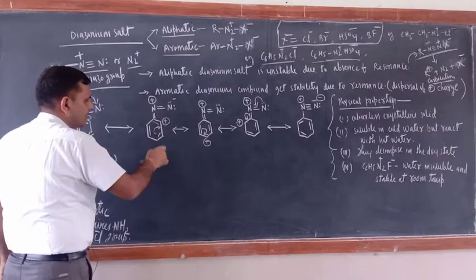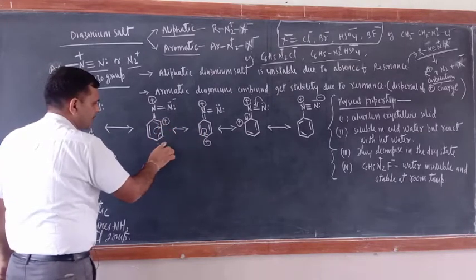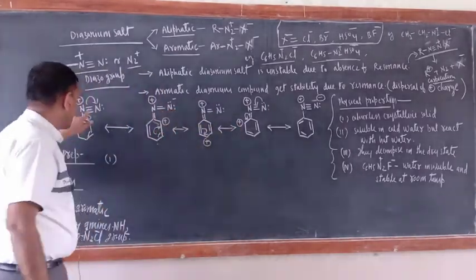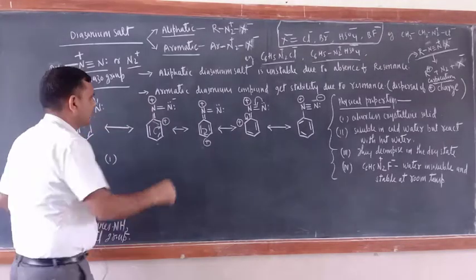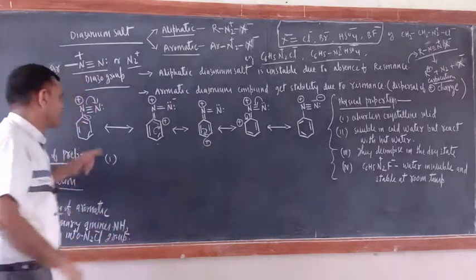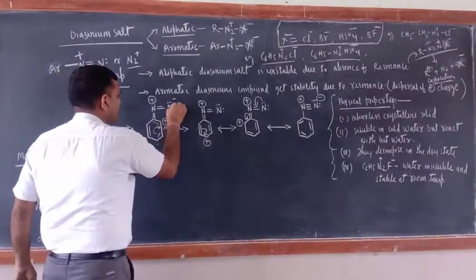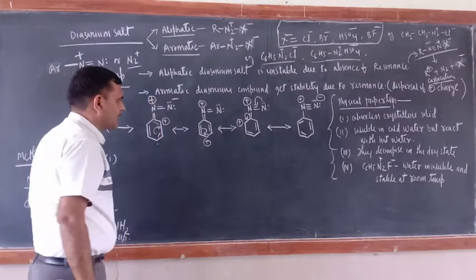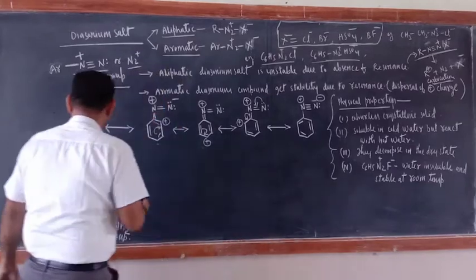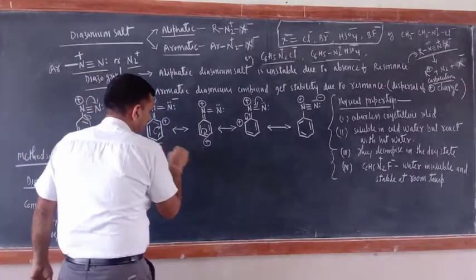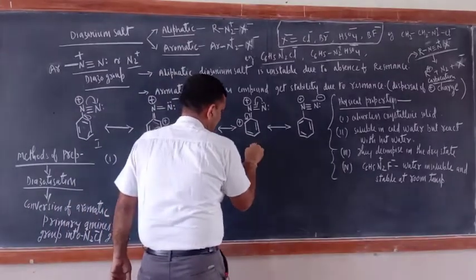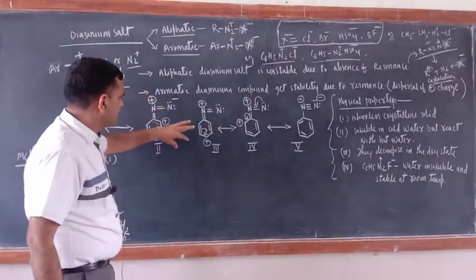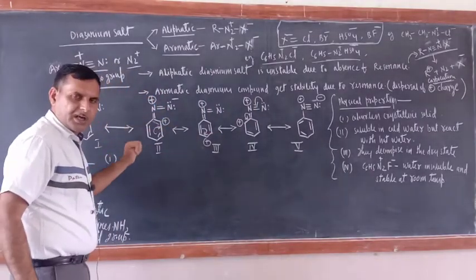First the positive charge is here, then another positive charge will be generated here, then another positive charge will be generated here. Since this bond is shifted, now this nitrogen will have two lone pairs. We started with a single lone pair, now two lone pairs are there, and here a negative charge, and here a positive charge. So this is the first, second, third, fourth and fifth resonating structure.